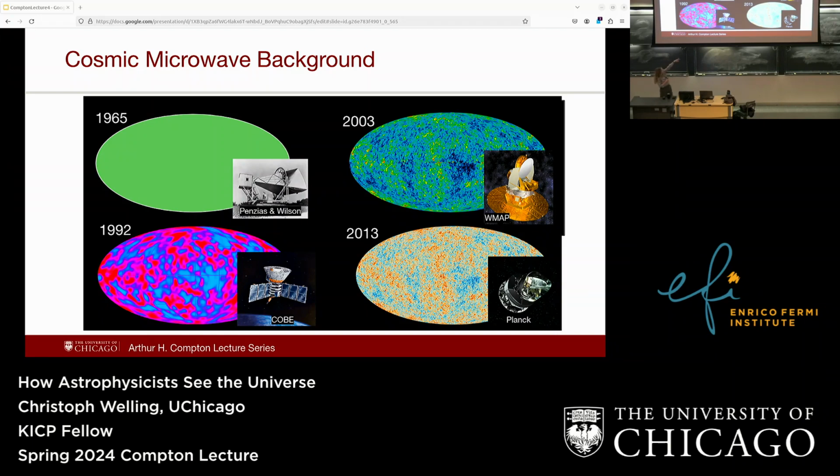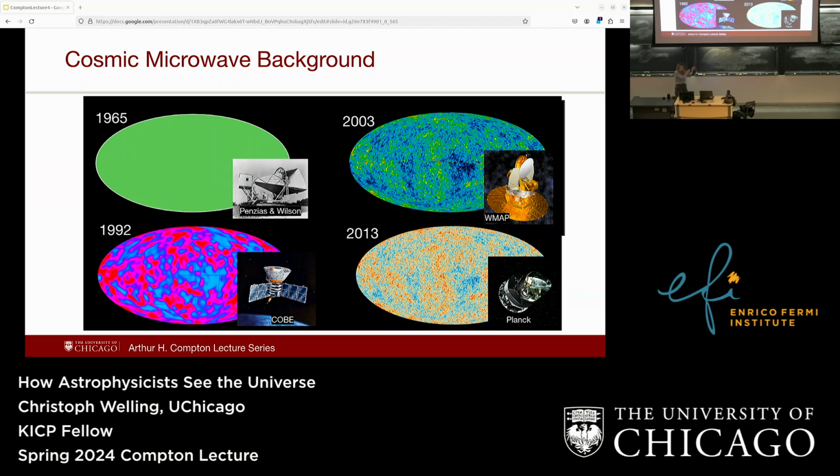So in 2003, WMAP, another NASA probe, made this measurement that Lyman Page, one of the leaders of that, calls a baby picture of the universe. And then in 2013, ESA, the European Space Agency, released Planck, which has the finest, highest resolution full sky maps to date. But the story doesn't end there, because I don't work on satellites.